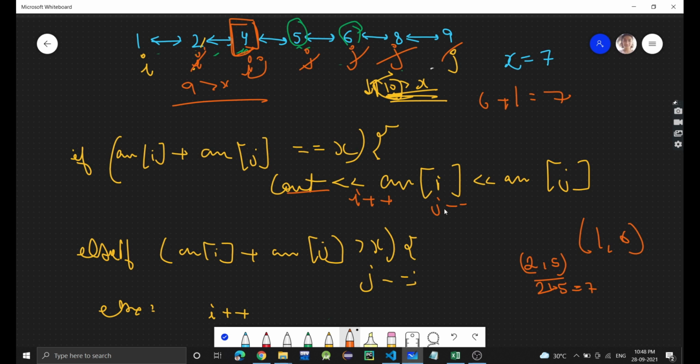So basically this was the approach. And the time complexity, we are doing a single traversal, so it will be O of n, and we are not using any extra data structure, so space is O of 1, means it's constant. So this was the approach. In the question it's a doubly linked list, so we'll see how we can represent that, but over here we are just taking it as an array. So I hope you understood. Let's see the code.